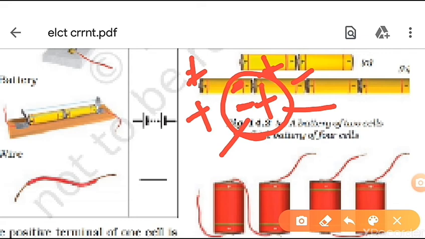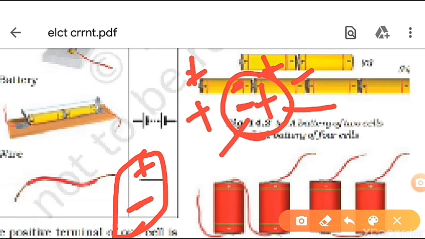Okay, next type is vertical, which means your cells are lying like this. It also has positive and negative. Here you can see in the second arrangement, the positive terminal, this above one, is connected with the negative, that is downside. The negative terminal of the cell is downside. Similarly, this negative is combined with the positive like this. So to make the cells work, the negative terminal of one cell should be connected with the positive, and so on.